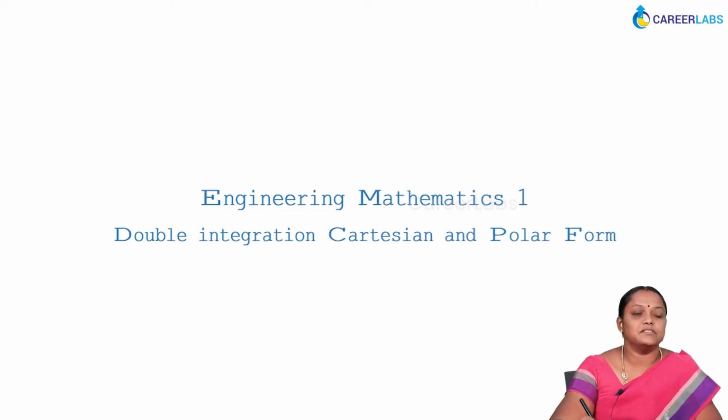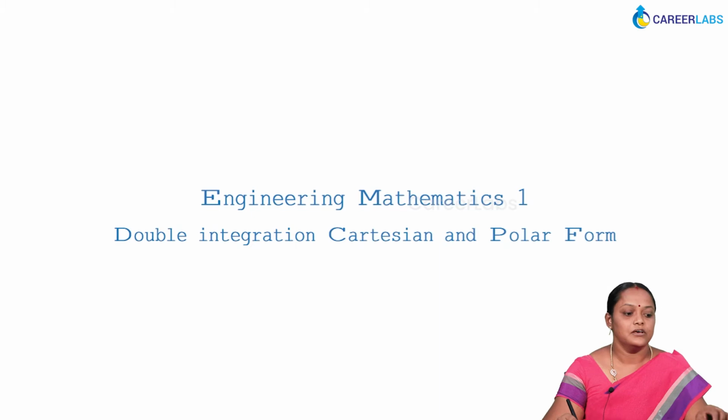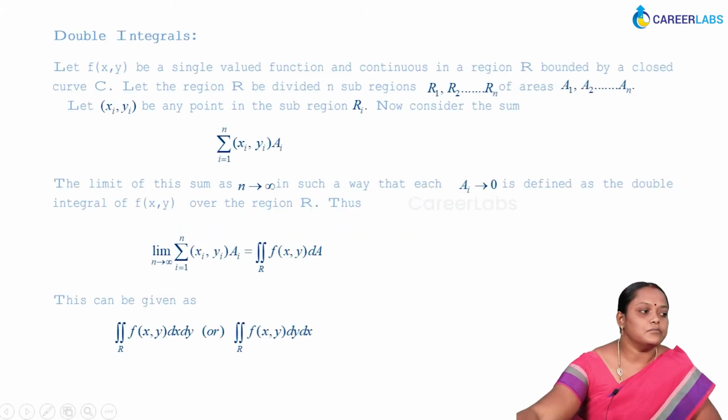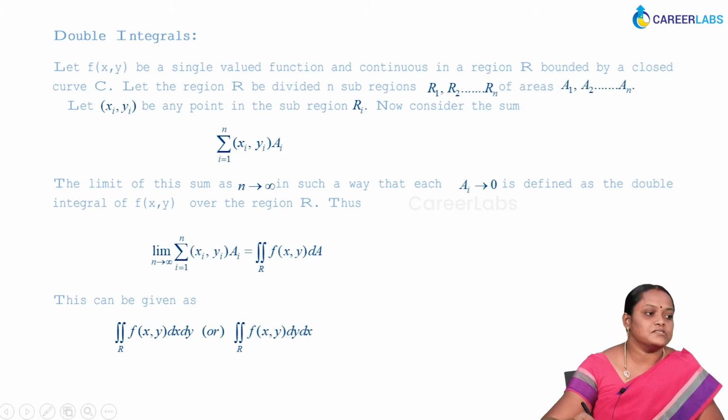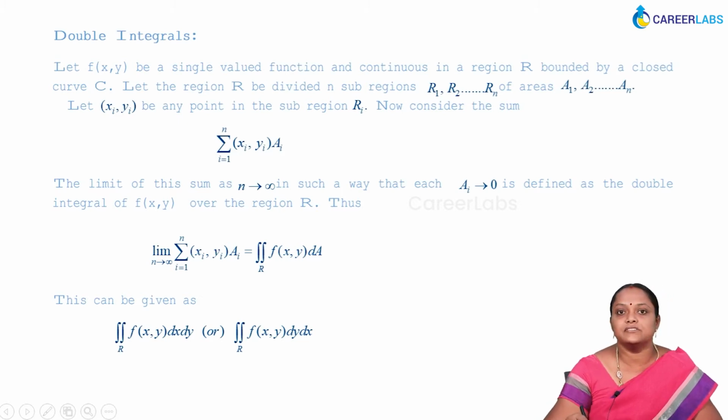So now we are going to see the 10th topic, that is double integration in Cartesian and polar form, right? So first let us start with Cartesian, then we will move on to the polar form. So double integration. Let f of x comma y be a single valued function and continuous in a region R